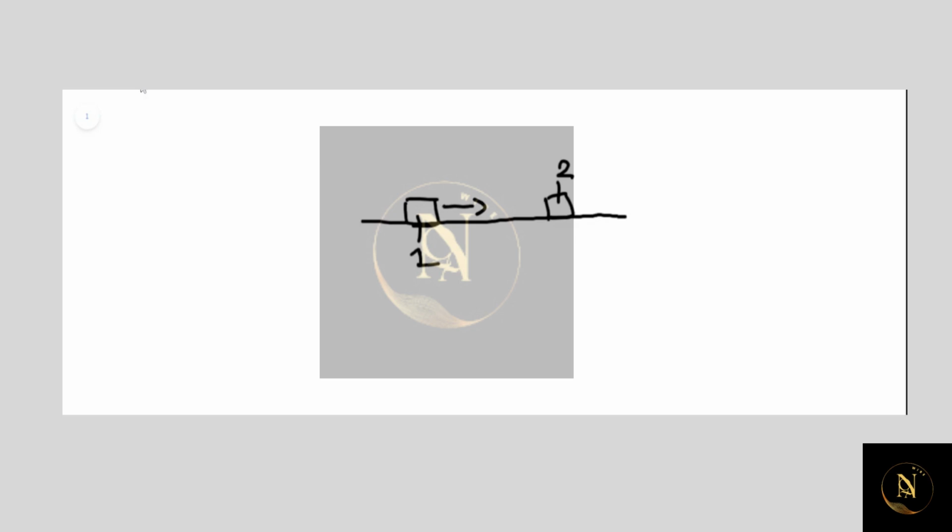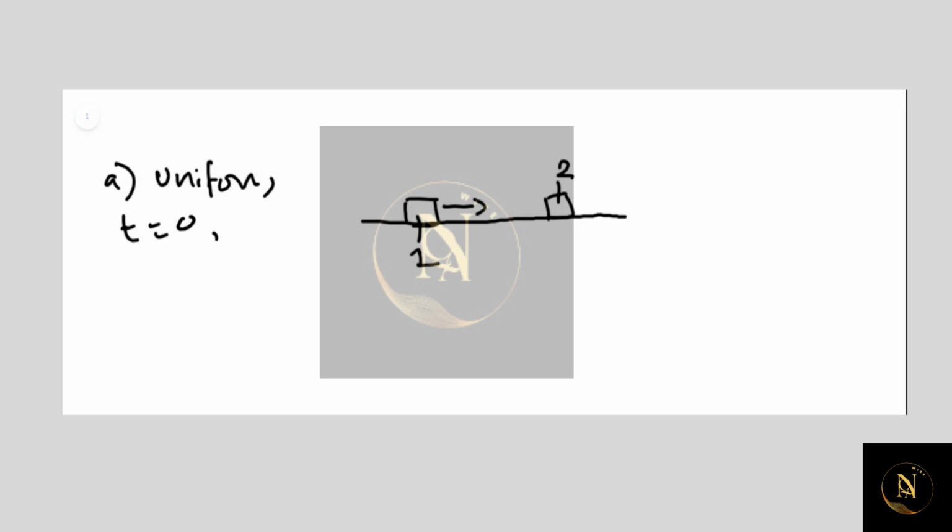So in part A of the problem, we are asked, at t equal to 0, what is the center of mass of the two-block system? In order to find it, each block is assumed to have uniform density. So the center of mass of each block is its geometric center, which is given from the table at t